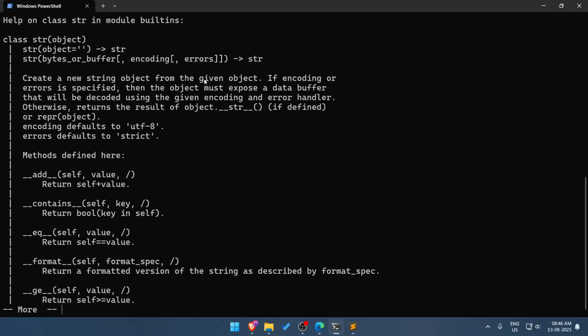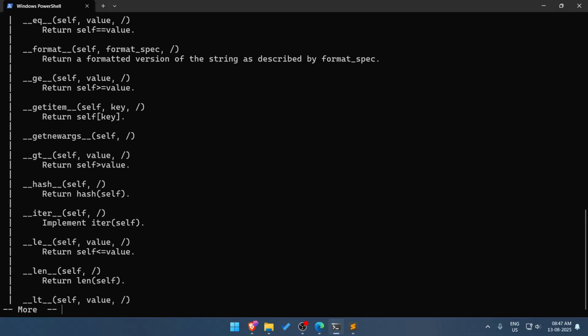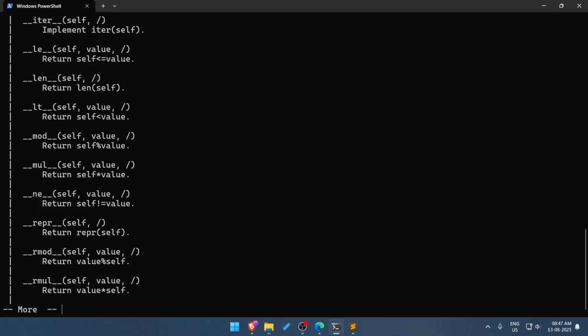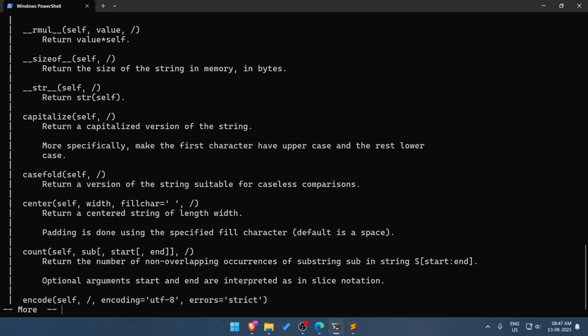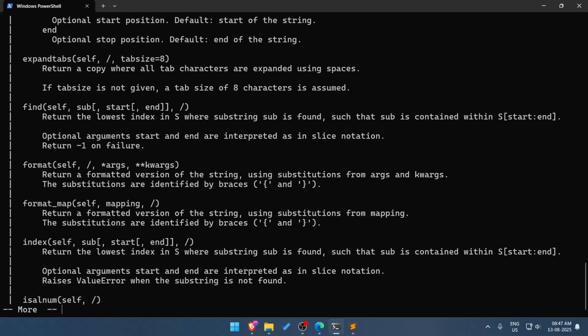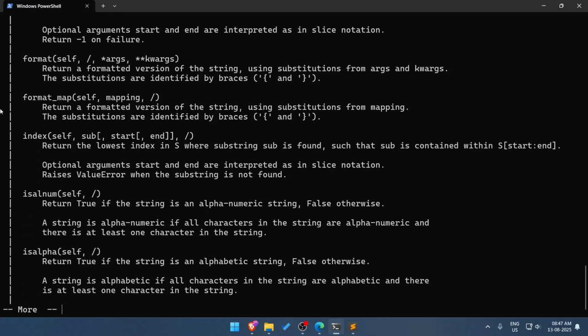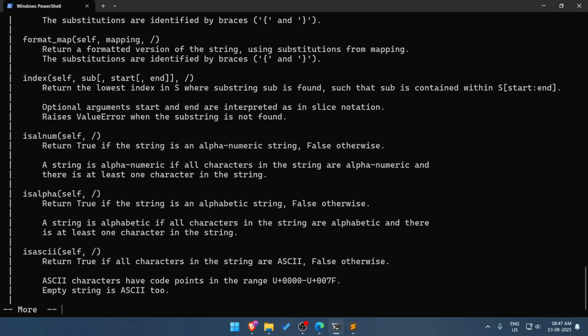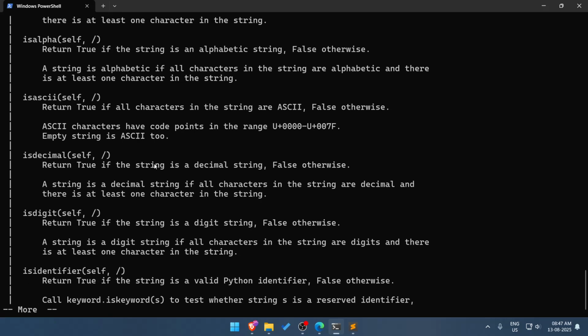String, yeah. Where are capitalize, center, encode, ends with? Is alpha, is alnum, is decimal, is digit.